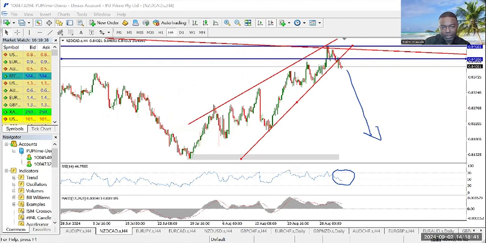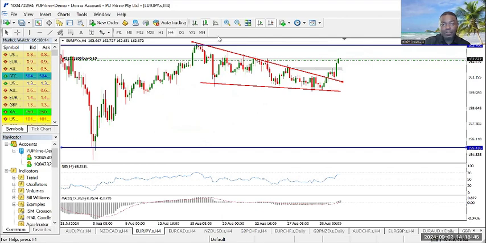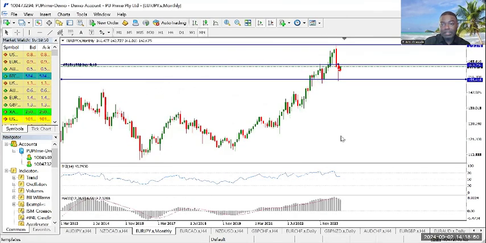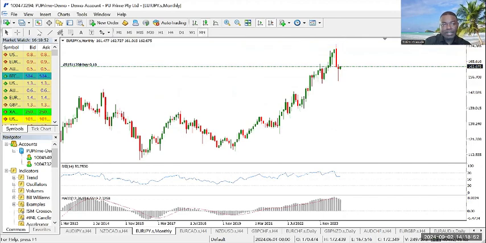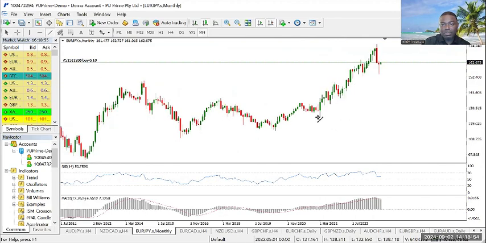And the next instrument I'll look at is the Euro JPY. Now the JPY pairs, I have a view of almost all of them going bullish on the long term in this month of September. And my reason is this: on the monthly time frame for the Euro JPY, I can see here price is likely going to take a bounce off this trend line into the bullish direction, because we